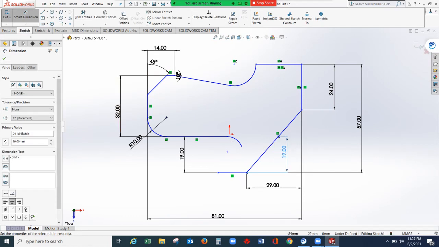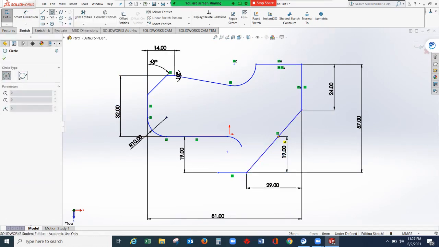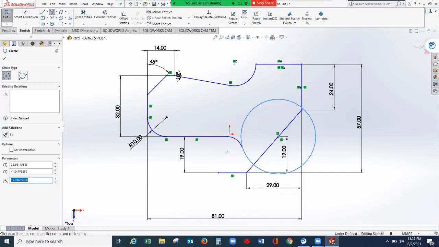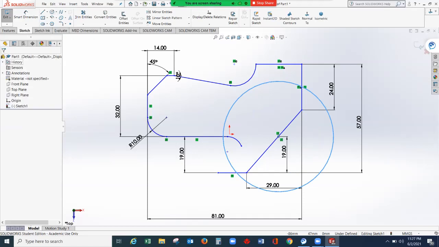Now from that point, we can draw a circle. So circle, center point here. Click on the screen. So let's give a 29 millimeters radius. Okay. Select this green check mark.